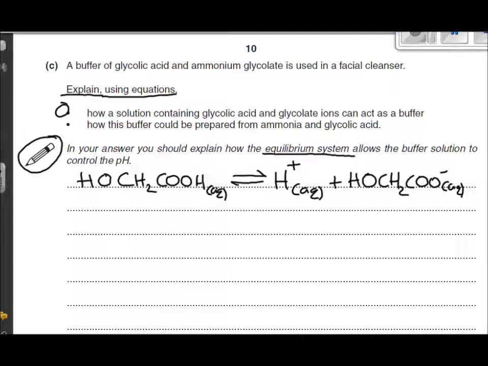Now we can answer the first bullet point, how a solution containing glycolic acid and glycolate ions can act as a buffer. Now in your mind, you should first maybe think, what does a buffer solution do, and write it down. It's not really asking us to state the action of a buffer, but I think it's worthwhile just to highlight in your own mind what it is we're trying to explain. So a buffer solution minimizes pH changes